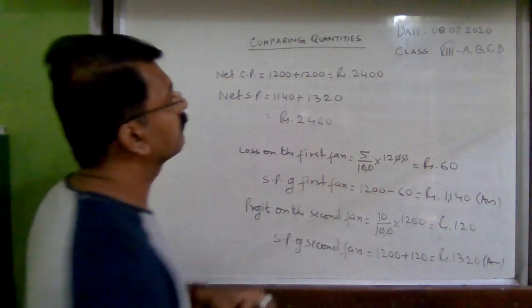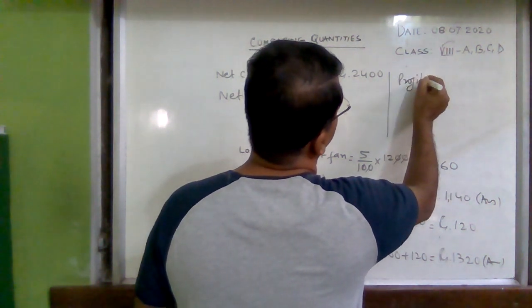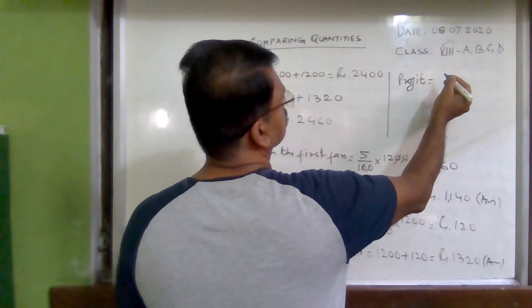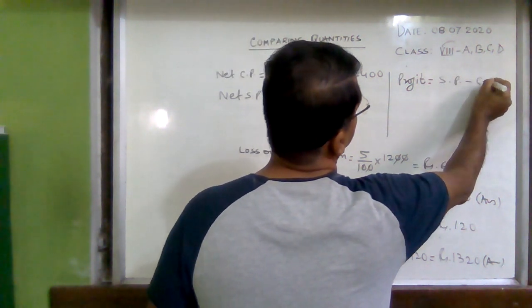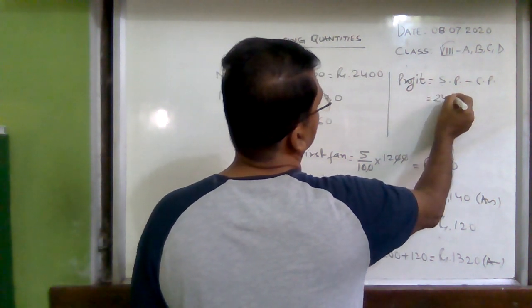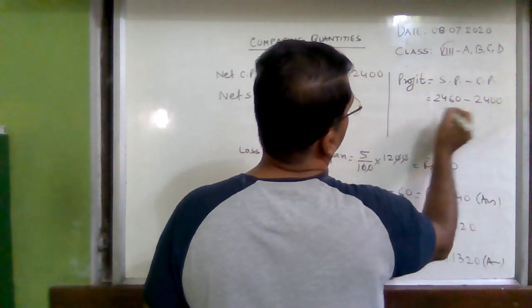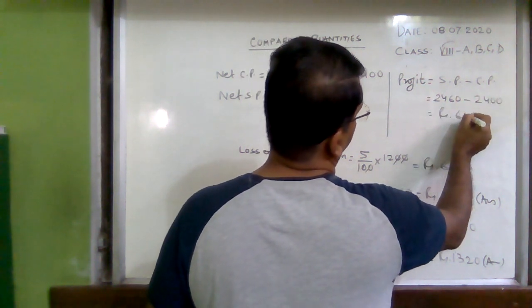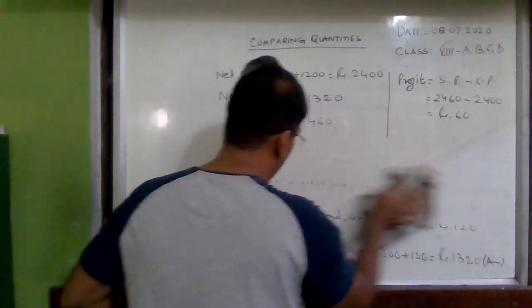So profit is equal to SP minus CP, and now SP is 2460 and the CP is 2400. So rupees 60 is the profit. You can see there is a profit of rupees 60, and now